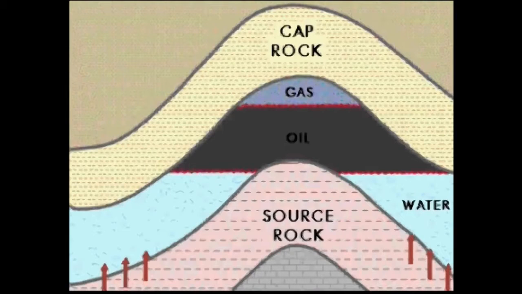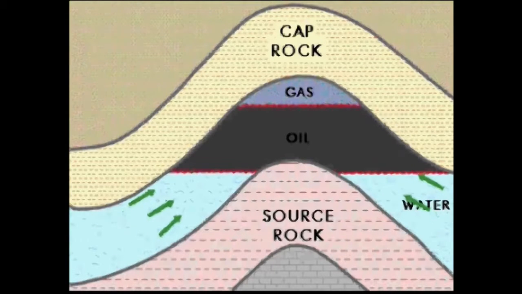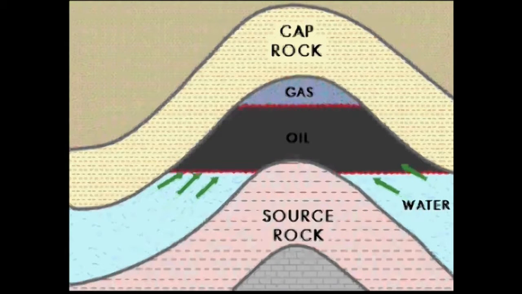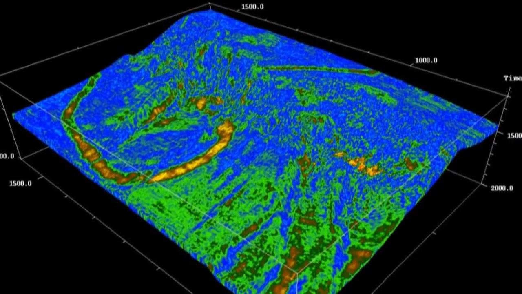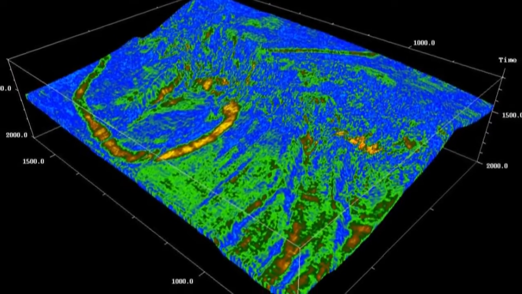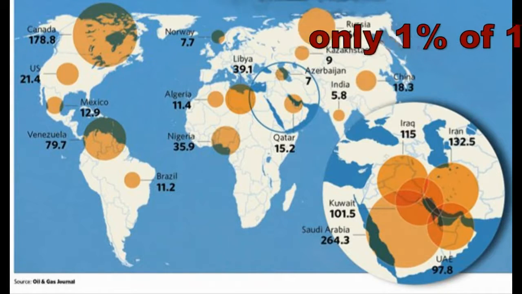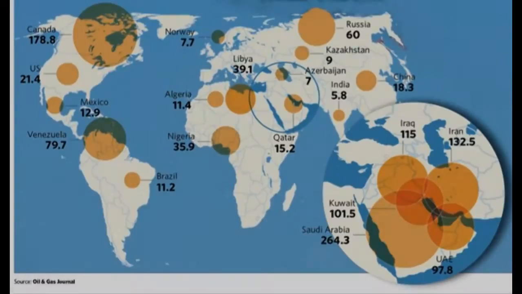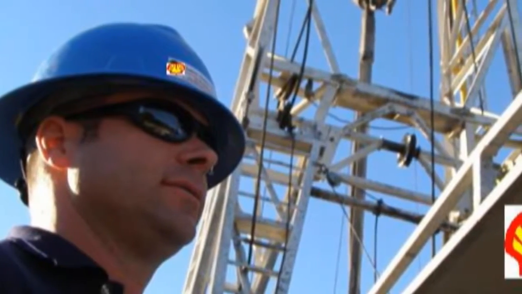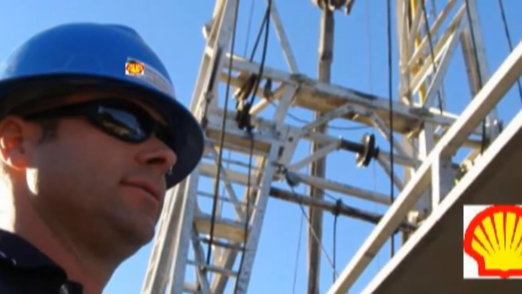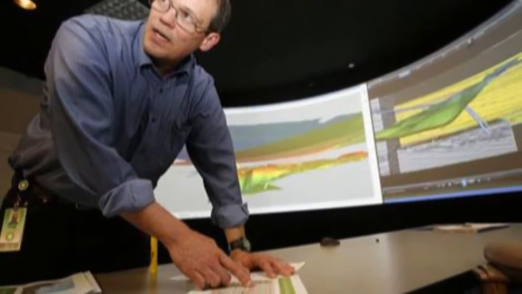There are three basic fluids that accumulate in porous, permeable rock. They are water, oil, and gas. Obviously, the two fluids we are interested in are the hydrocarbon gases and the hydrocarbon oils, but unfortunately they are found in commercial quantities in only about 1% of underground reservoirs throughout the world. It is the task of the geoscientists and the petroleum engineers to find that 1% of 1% as efficiently and